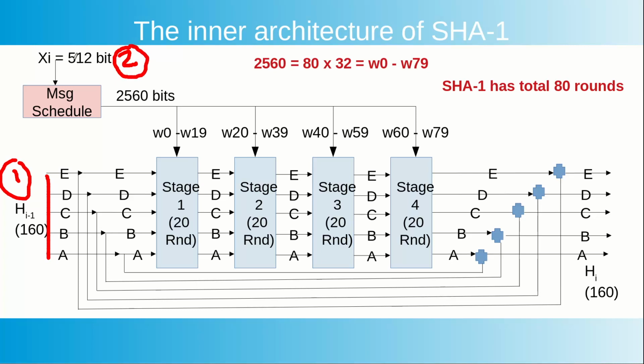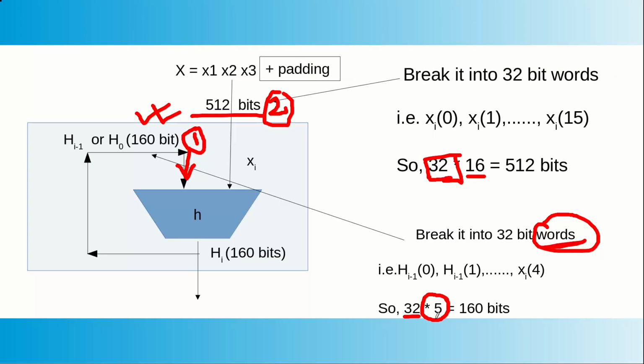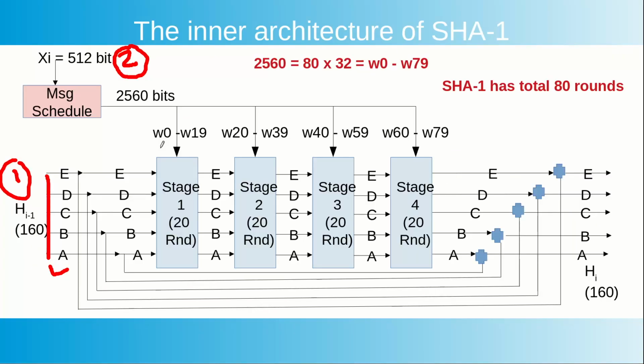So this is our raw text Xi, but it is not coming directly, it is coming through this message schedule part. I will discuss it later, but let us try to understand this block diagram. This block diagram says that all these 5 words, recall in our previous slide we have taken 5 different words of this 160 bits. Those we will name A, B, C, D, E, each of which is 32 bit long.